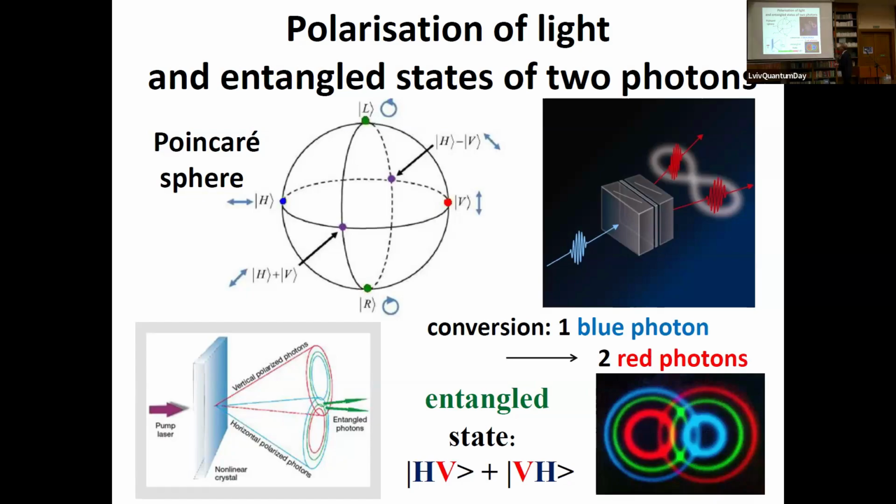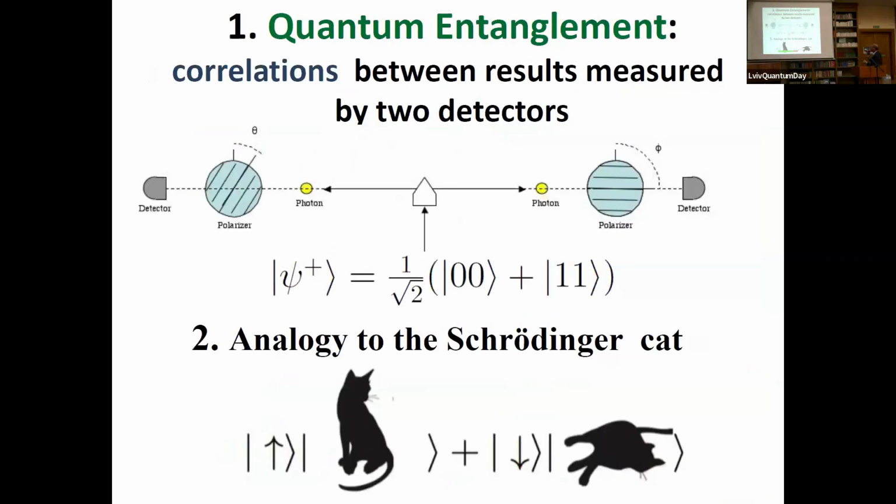And the experiment goes like this. You have a blue photon, which is highly energetic. It goes onto a nonlinear crystal. Then there are two rays of red photons, and they are correlated in such a way that, okay, here V stands for vertical, H for horizontal polarization, or otherwise. And what you observe, just here on the screen, you can observe such correlations or anti-correlations between polarization in the first and second line. So, in short,